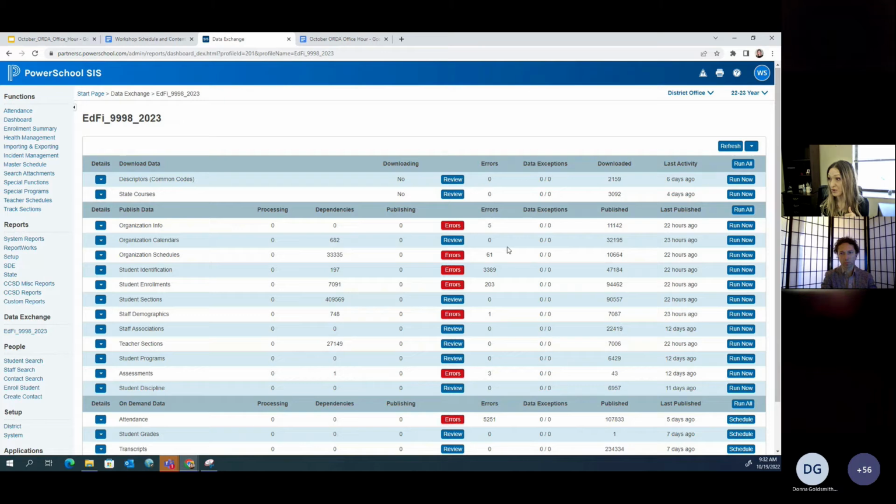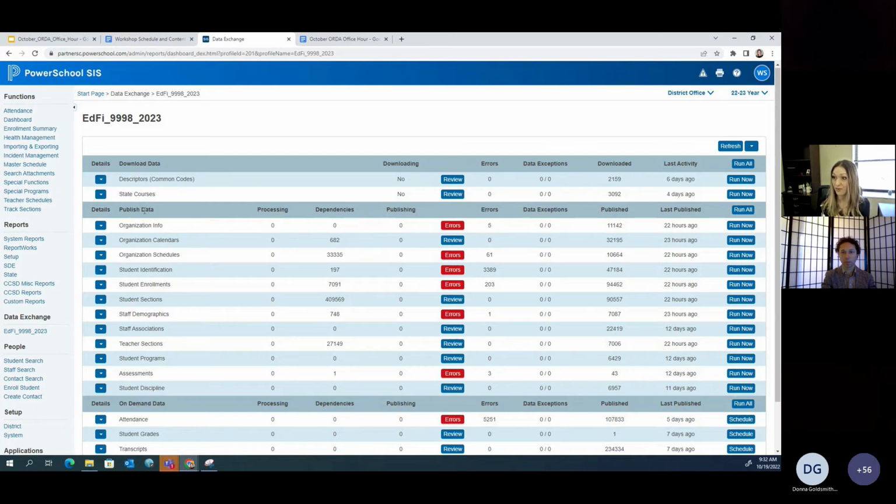Then what you're going to do is, if you see that red button, that's something that Jason was created for. It was sent to the API, and then it was not allowed to land in your ODS. So it was rejected. So let's take a look here at the errors.